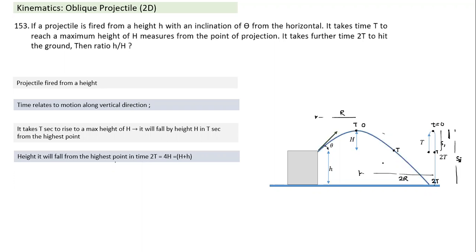Okay, so what will happen in terms of range? If this projectile had a range of r naught on a horizontal ground, but it is fired from this particular height, and it is taking this much time here, its range will become equal to 3r naught by 2. That's a different thing. That's in the range. Then we are talking about motion in the horizontal direction as well. Okay, so next one.